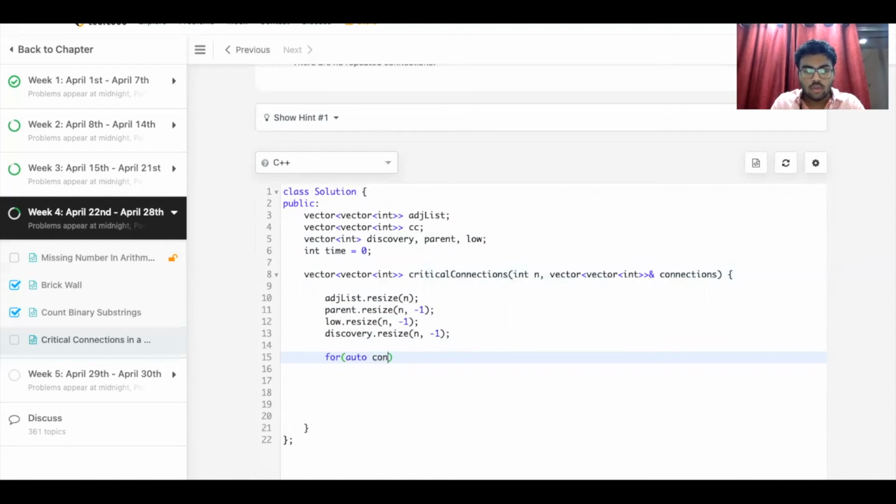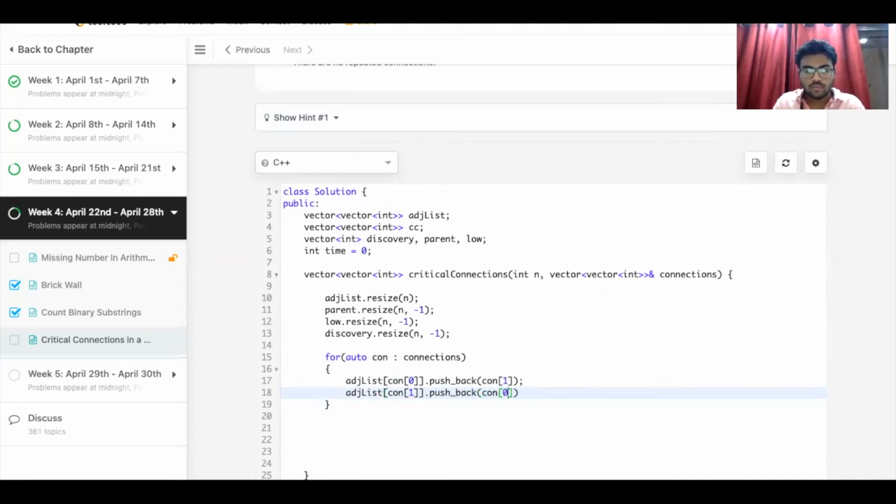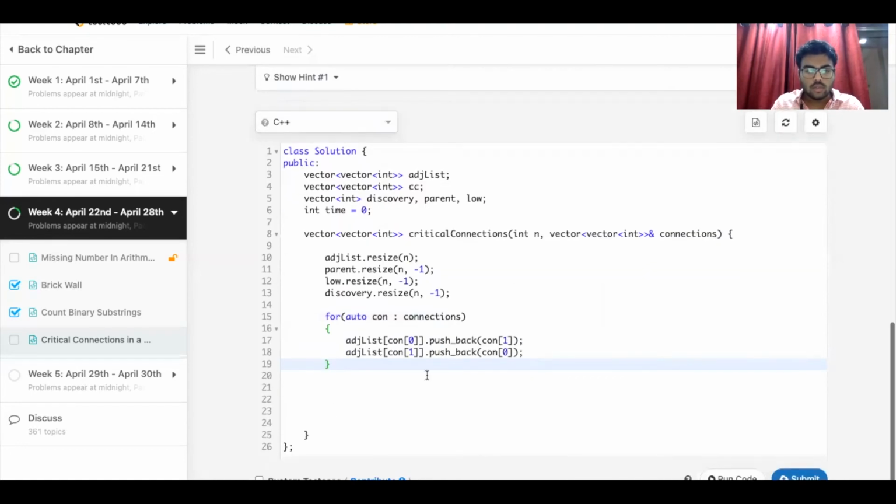Auto connection in connections: adjacency list of connection of 0 dot push_back connection of 1, and adjacency list of connection of 1 dot push_back connection of 0. So this would fill the adjacency list.